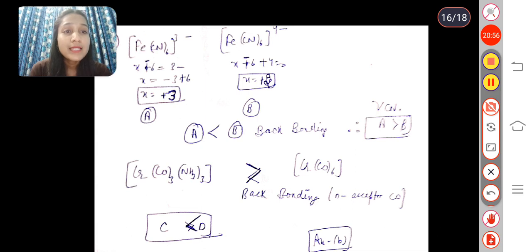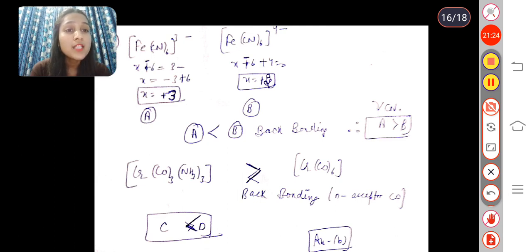Now complexes C and D. In these complexes you also have to check the concept of back bonding, as CO is a better pi acceptor. If we look at the back bonding here, back bonding will be more in the case of C, the first complex, because here NH3 is present to donate. It will donate to the metal, and only then can the metal give its back donation further to CO. So back bonding is better in the case of the C compound.